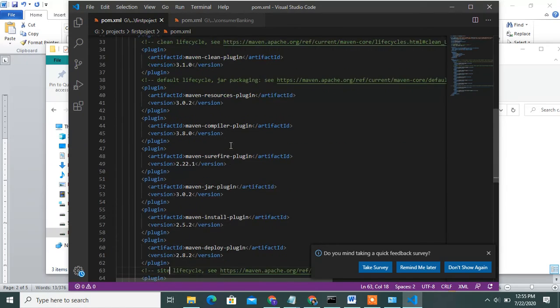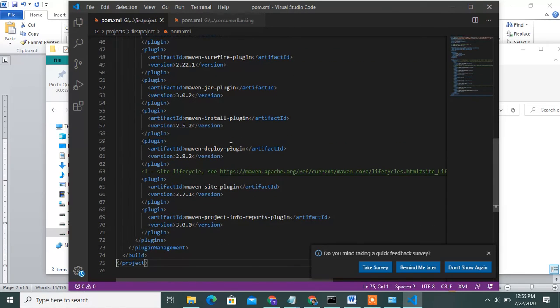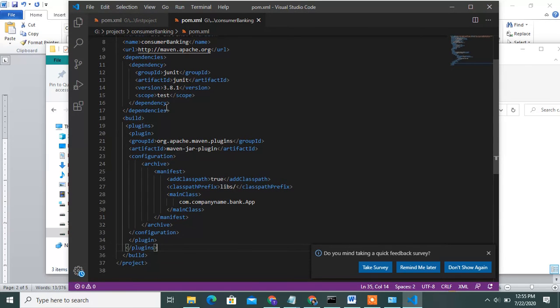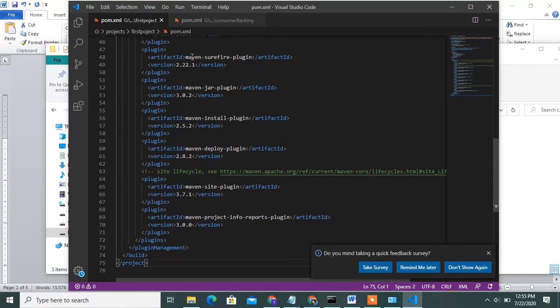Okay, understanding guys. What is the pom.xml? I will show it clearly.